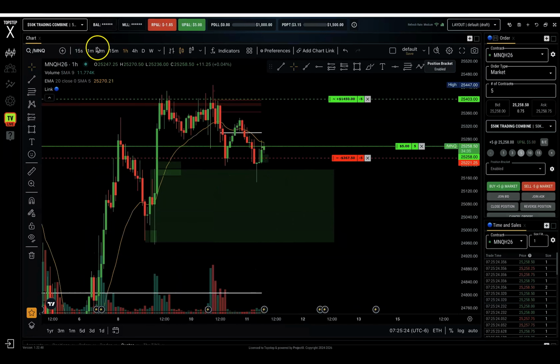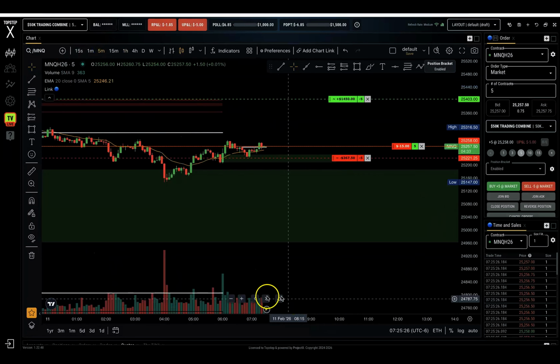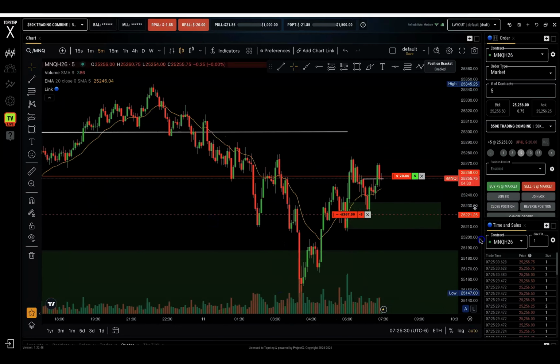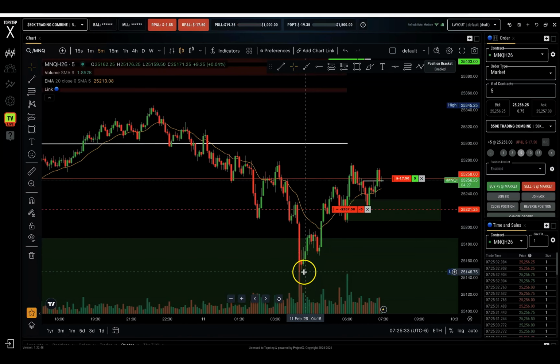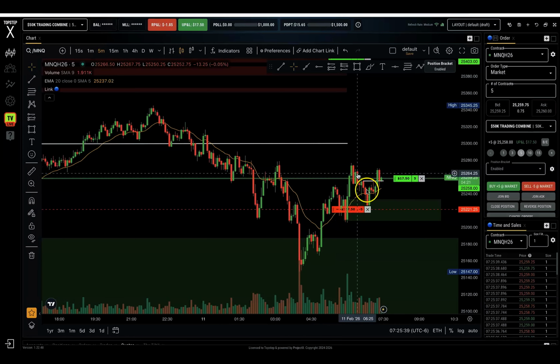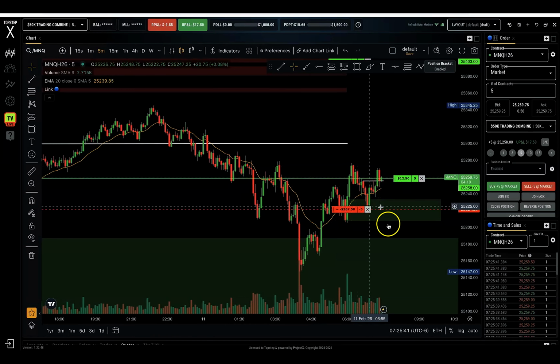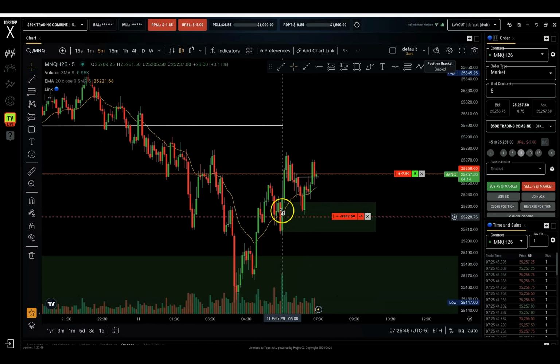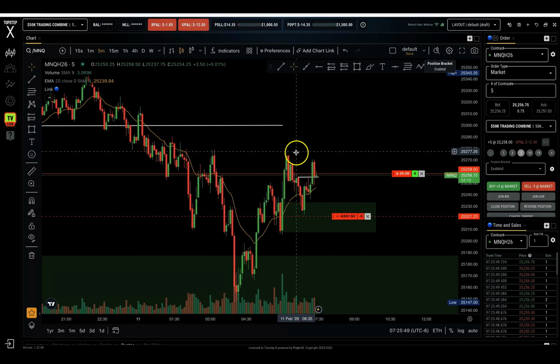It's on the hourly. If you go to the 5 minute, let's see what happened. So you go to the 5 minute right here, and we started making high highs and high lows, right? High, low, high, low, high, low, high, low. So we got in low, and also on the 5 minute chart, this is a demand zone. So I want us to push past this high, and if you go to the 1 minute